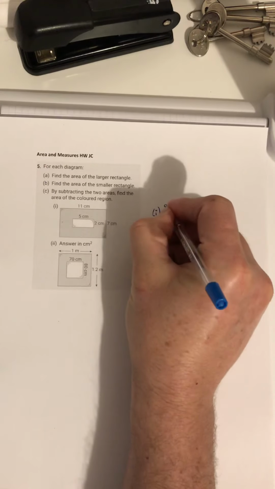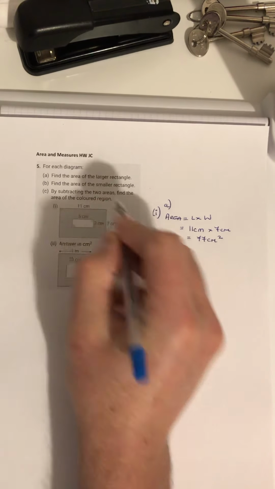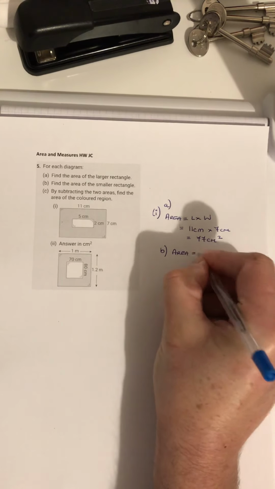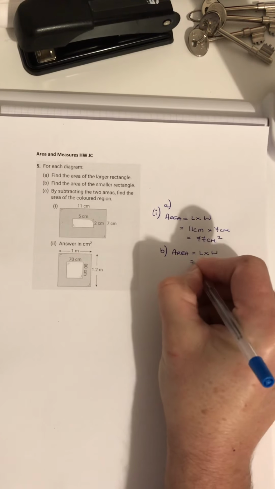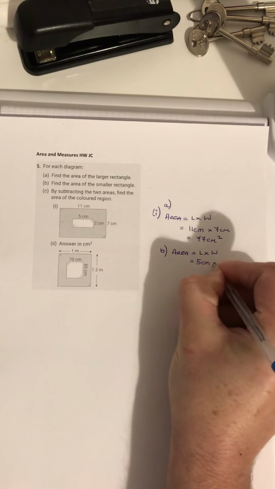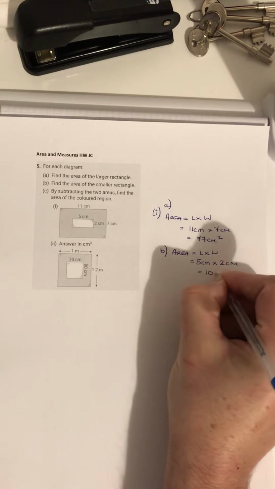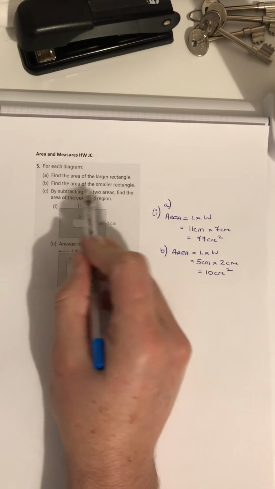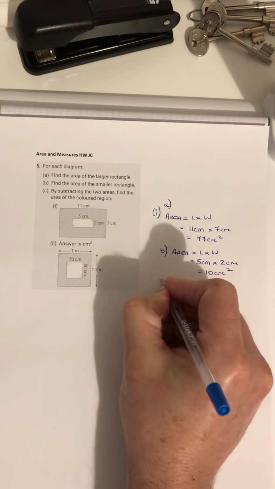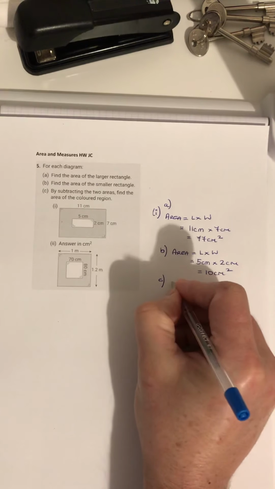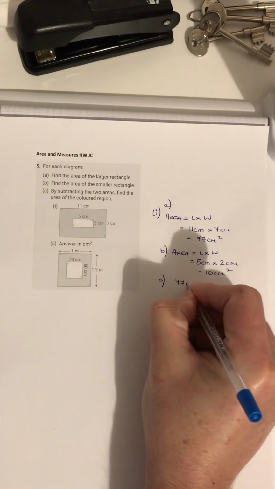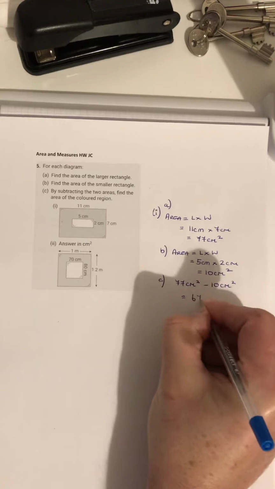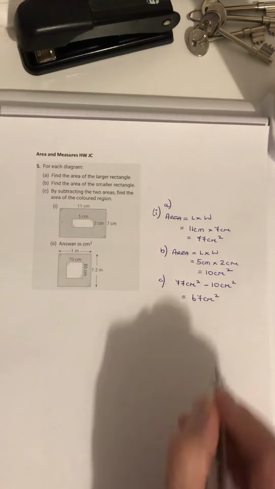Now what we have to do is find the area of the smaller rectangle. So the smaller one, formula again every time, they'll look for that in the exam. Area is equal to 5 centimeters multiplied by 2 centimeters, which is 10 centimeters squared. And for part C, by subtracting the two areas, find the area of the coloured region or the shaded region. So subtract the two areas, 77 centimeters squared, take away 10 centimeters squared, gives you a total of 67 centimeters squared for the coloured